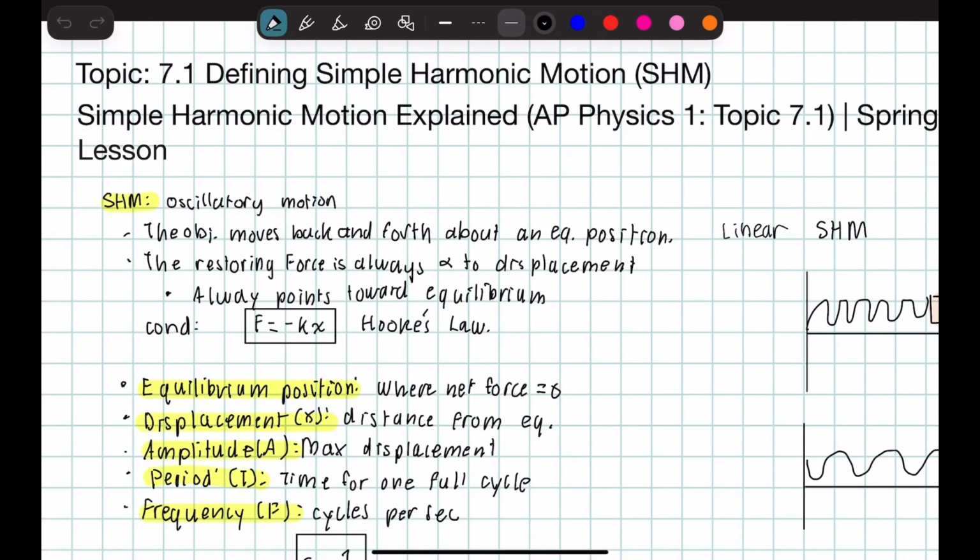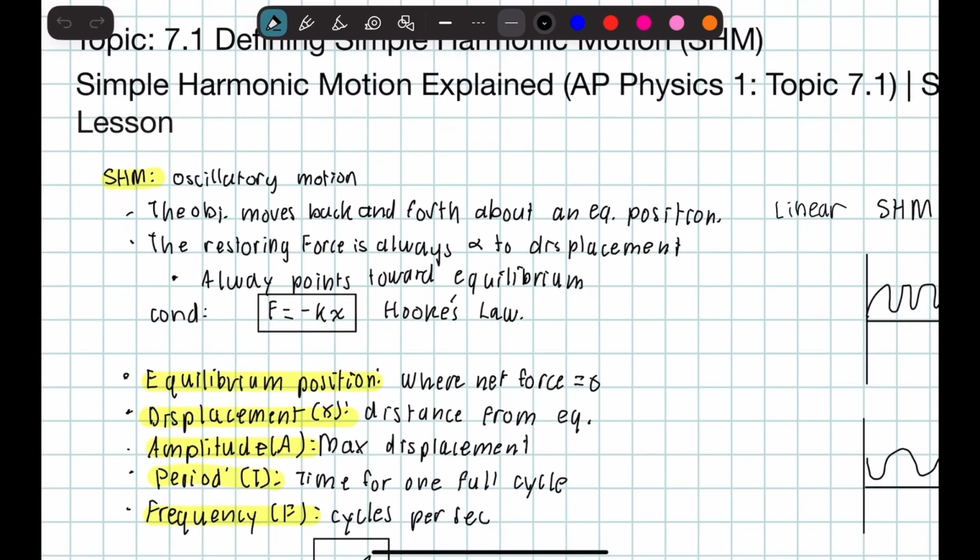Today we're going to be defining simple harmonic motion. A simple harmonic motion is an oscillatory type of motion where the object moves back and forth about an equilibrium position. The restoring force is always proportional to the displacement, and also the restoring force always points towards the equilibrium. So the condition for simple harmonic motion is that the force is equal to negative the constant k,